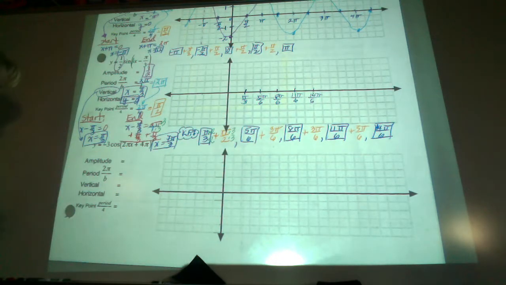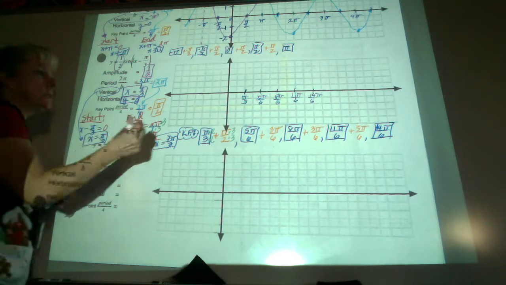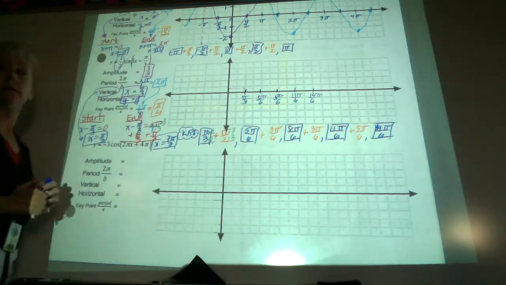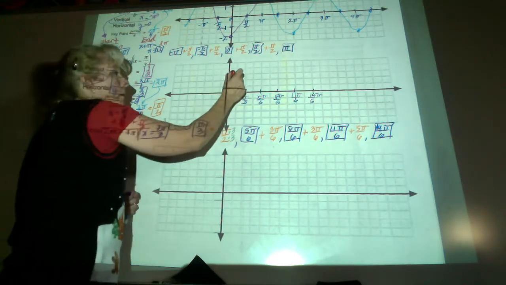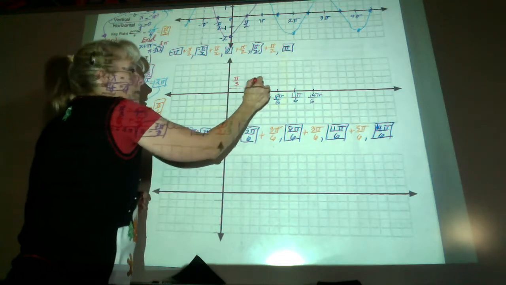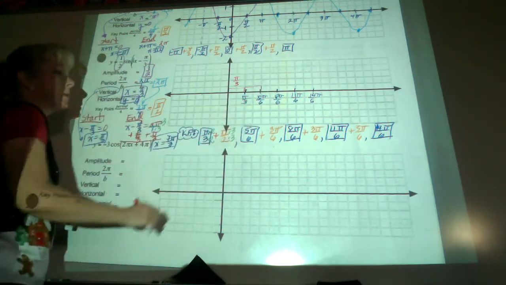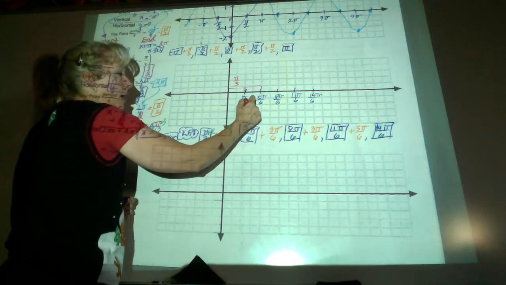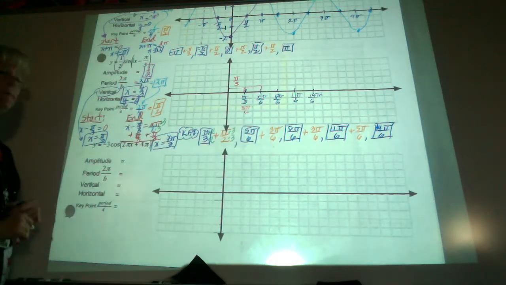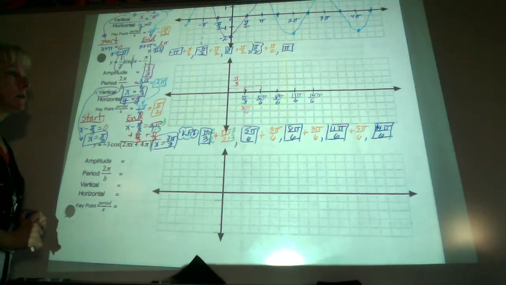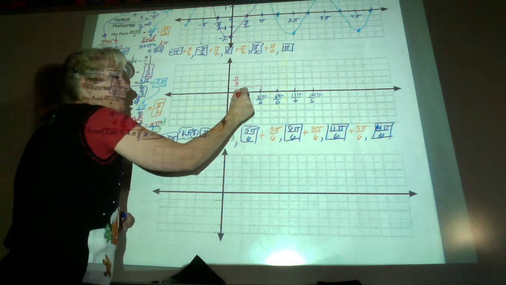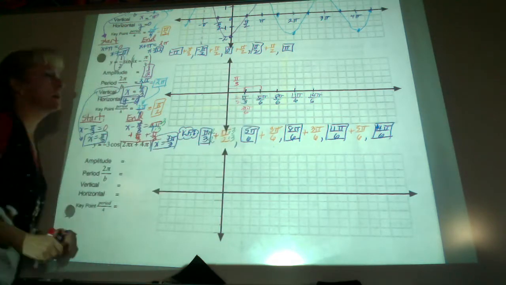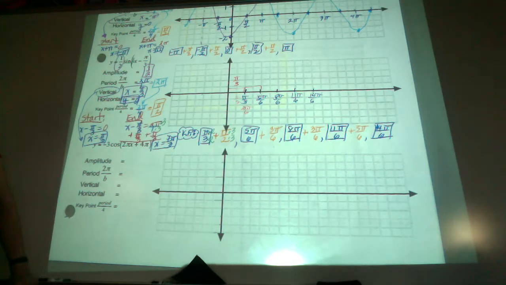Okay, you're like, well, what's wrong with that? What is the distance between here and here? How far apart is it from 0 to pi over 3? Pi over 3. What is the distance between those two? What's 5 pi over 6, and then remember this is 3 pi over 6? What's 5 pi over 6 minus 3 pi over 6? Oh, I'm sorry, I totally wrote that wrong. Multiply that by 2. Isn't that 2 pi over 6 and 5 pi over 6? What's the difference between those two? 3 pi over 6, which is